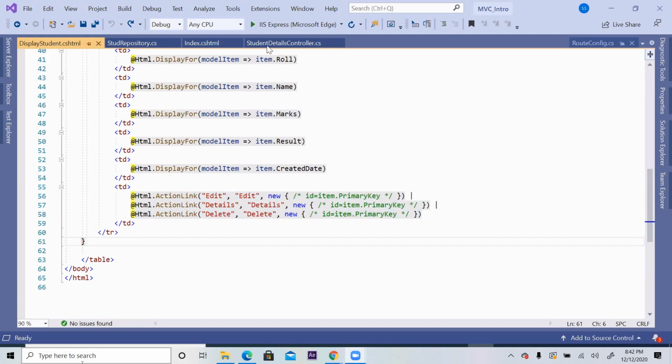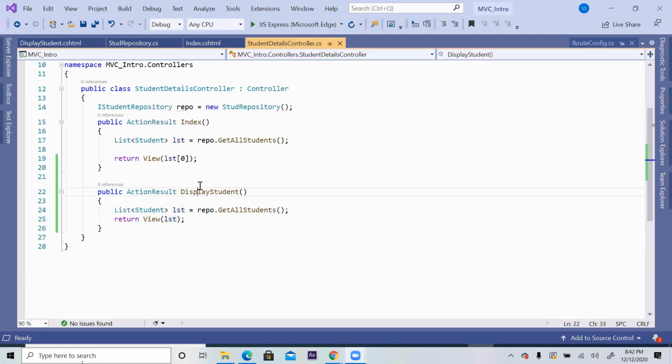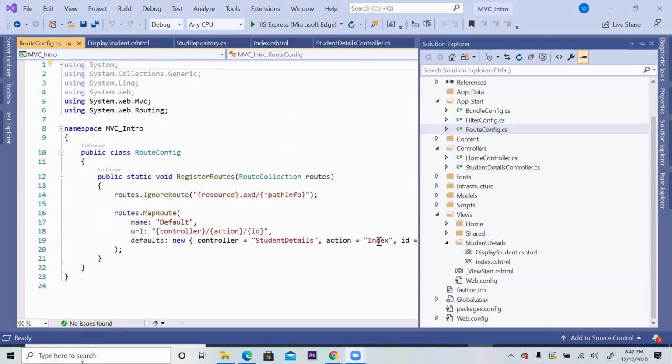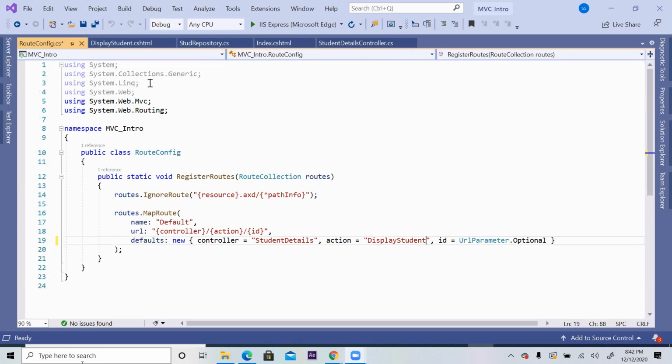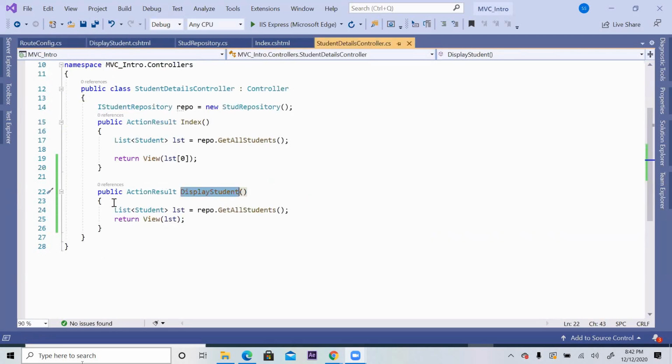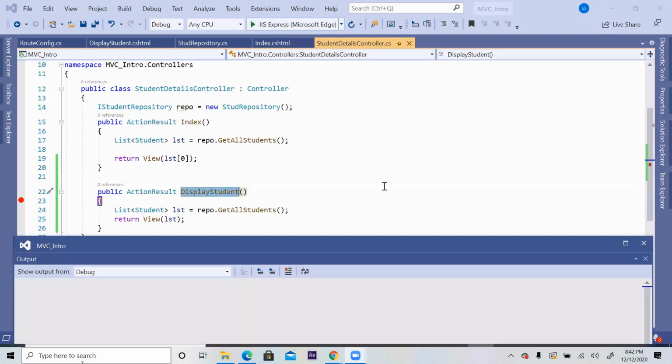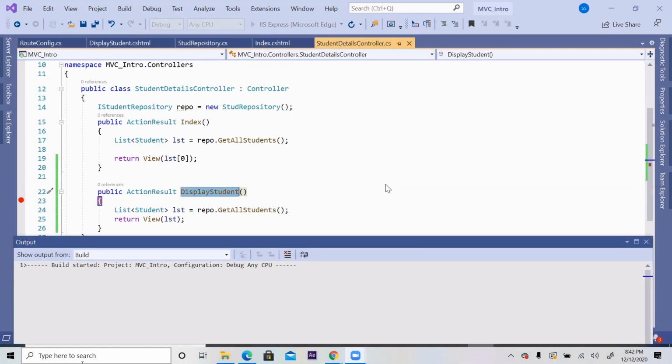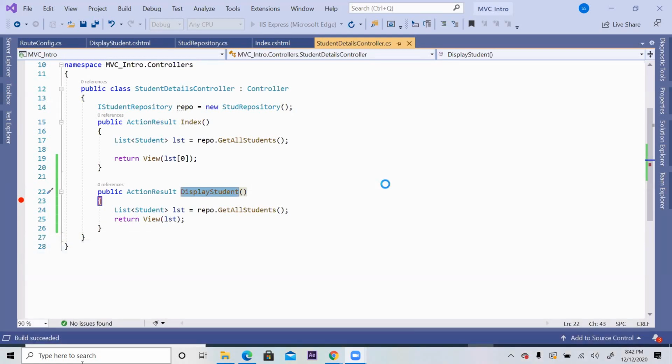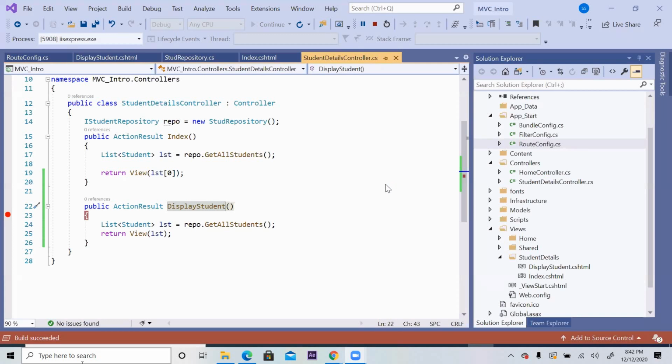So if I do this, display student as the default routing action method, then it will go to that action method. Let's run it and see how this auto-generated view is displaying. We will understand something there. We will match it with our syntax.